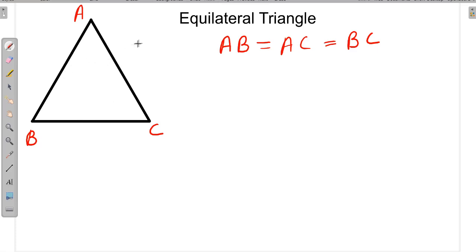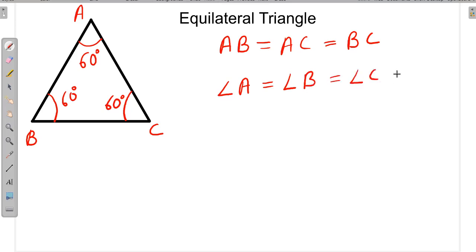See? The next property of the equilateral triangle is that each interior angle, this is interior angle 1, this is 2, and this is 3. Three interior angles are there in a triangle. So in an equilateral triangle, each interior angle is 60 degree. Here each angle is 60 degree, here is also 60 degree, and this is also 60 degree. So angle A is equal to angle B, is equal to angle C, is equal to 60 degree. So each interior angle of an equilateral triangle is 60 degree. So this is the first, this is the second.